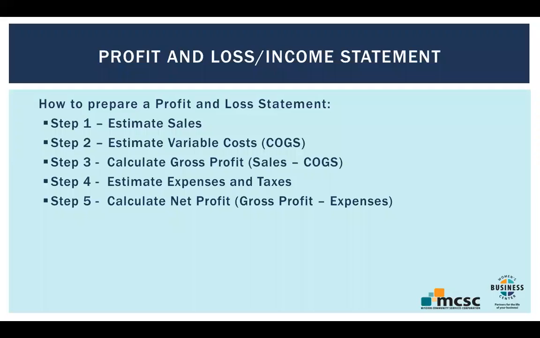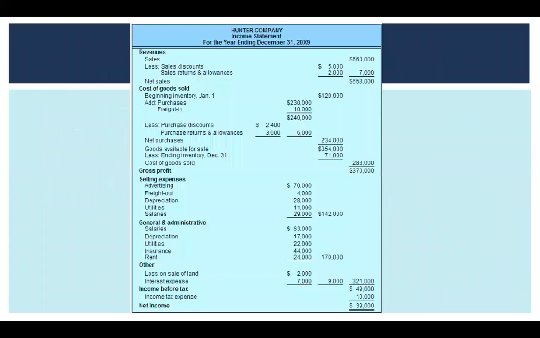And then based on that, what are the taxes that you will pay? So sales minus cost of goods sold gives you your gross profit, deduct your expenses, and then deduct your taxes. And you're left at the end with your net profit, excuse me. So gross profit minus expenses. I'll show you that here in just a moment on the next slide.